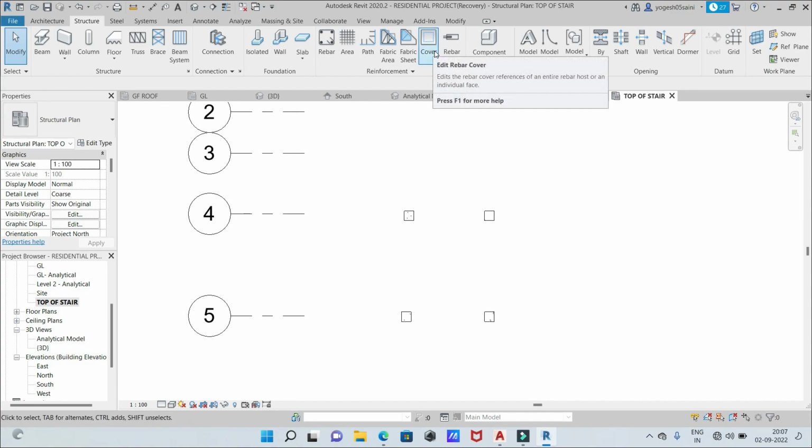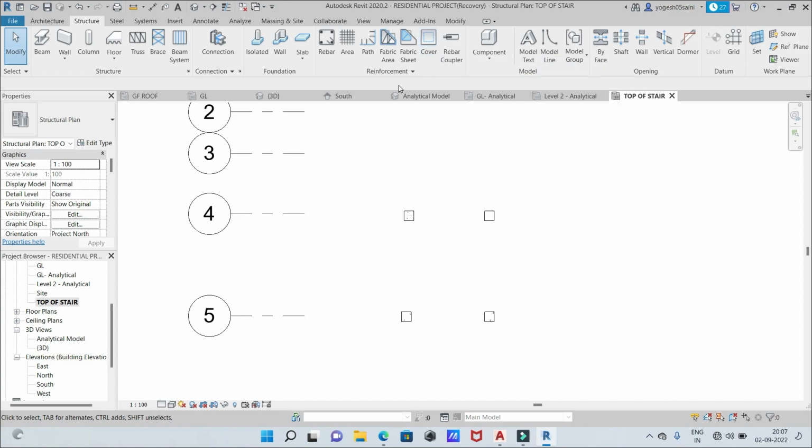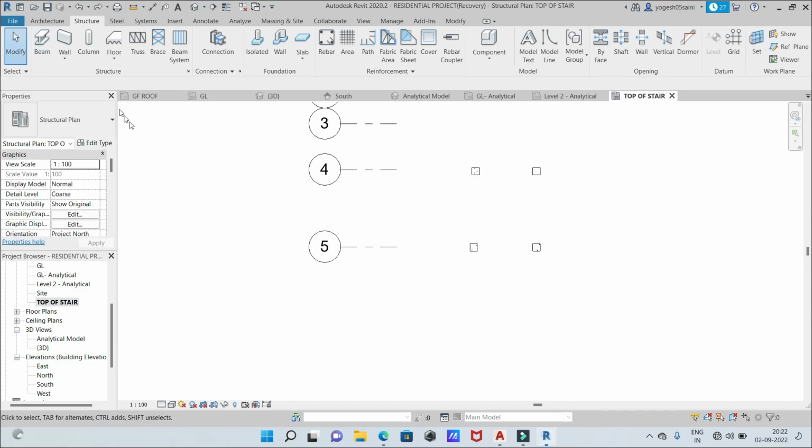So the next thing what we are going to do is that we are going to place the beams, we are going to model the beams for this. So just go to